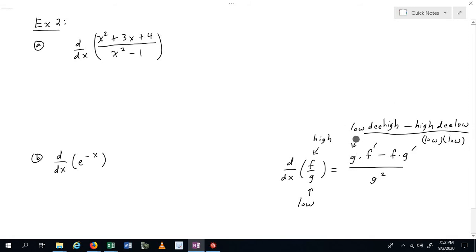Okay, so if you want to think of this as a nice little drinking song, it's one way of remembering this: it's low d high minus high d low over low low. About the only thing you'll need to remember is whether you start with low or high in the song. One way I like to remember it is this is a drinking song. The only reason you're going to go to the bar and drink is because you're kind of low. So you start off low, and then you get high,